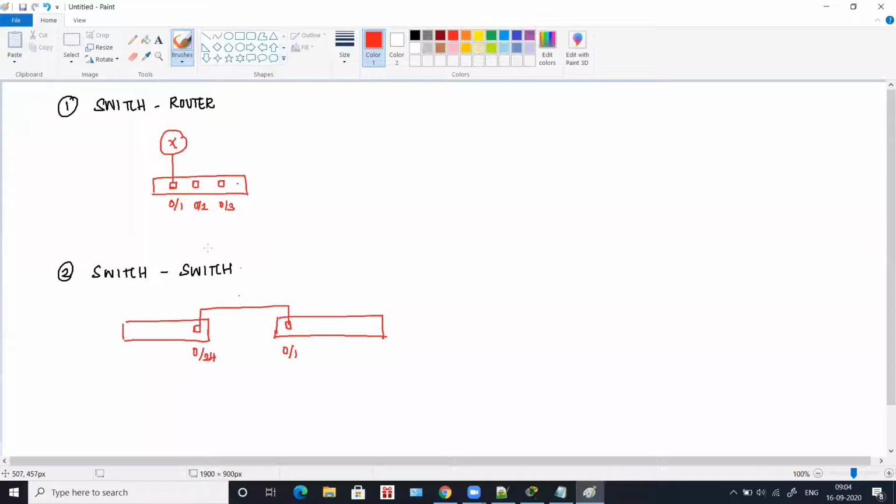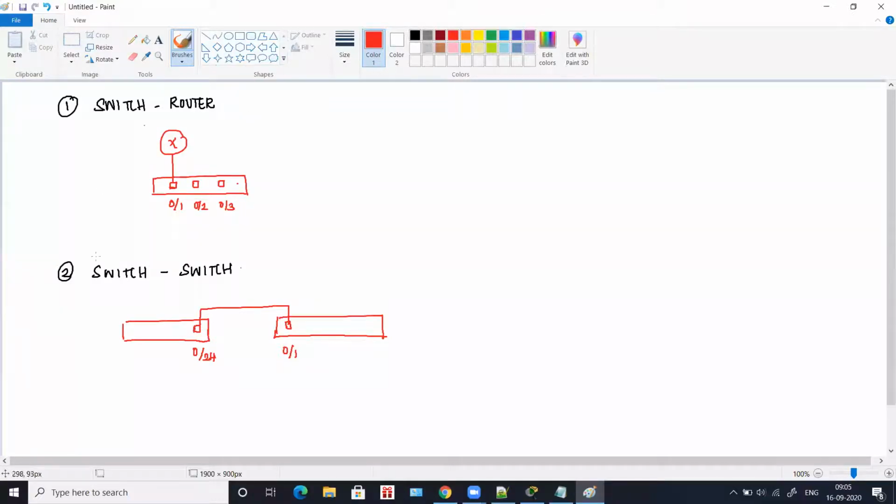Okay, this is not mandatory, but this is the most recommended or common practice when you connect switches. When you connect a switch with another device, this is how you connect, and when you connect a switch with another switch, this is how you connect. This is not a mandatory rule, but most commonly you will find the configuration setup done like this. So this is with switch rules.